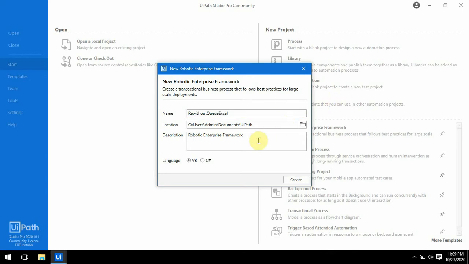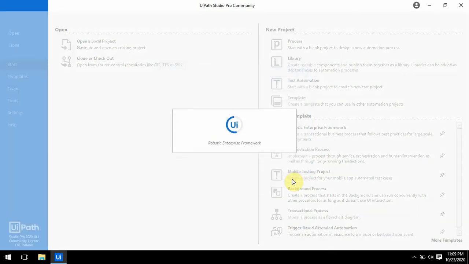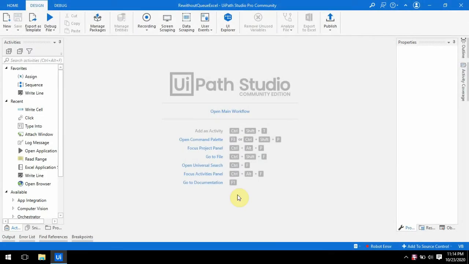So REFramework without Queue Excel, and in the description, Excel with REFramework. Just create the project. So now our project is ready. Just click on open main workflow. You can see.